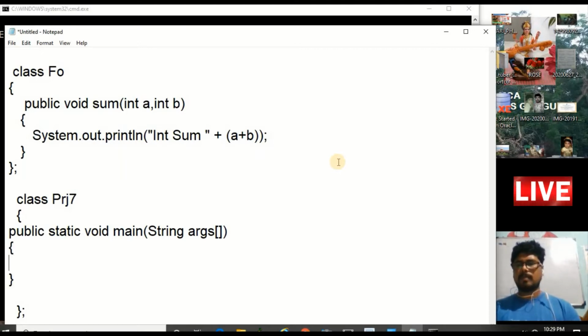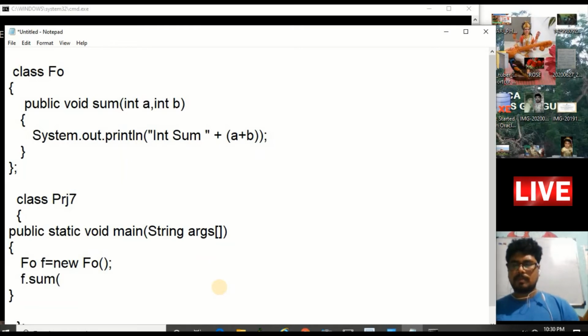Now in the main function we create the object of this FO, function overloading. The name of the object is f, small f, and the class name is FO. We create an object of this class: FO f is equal to new FO. Now f.sum, passing two values,